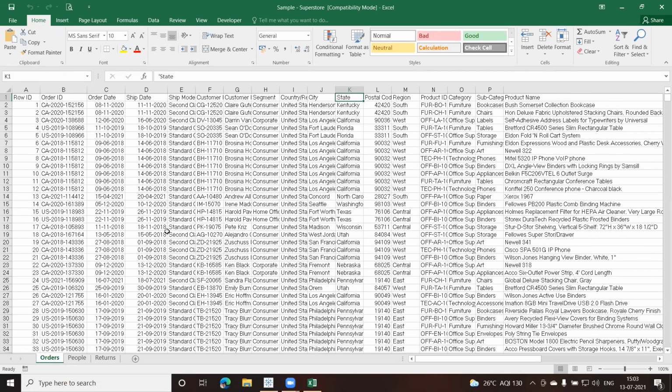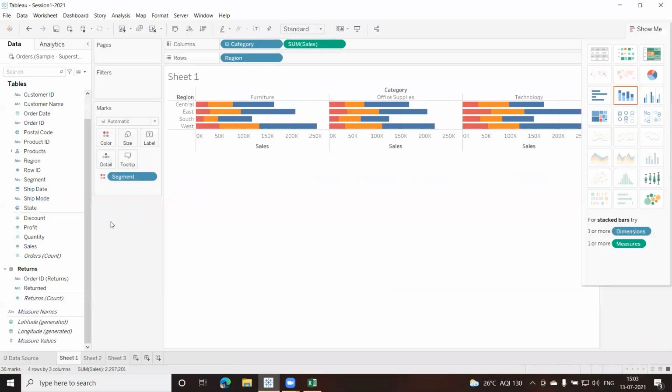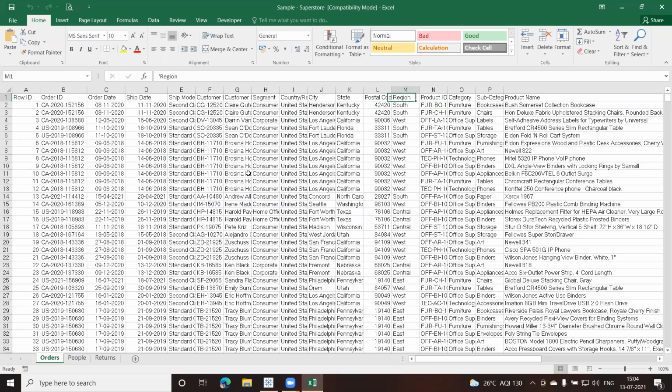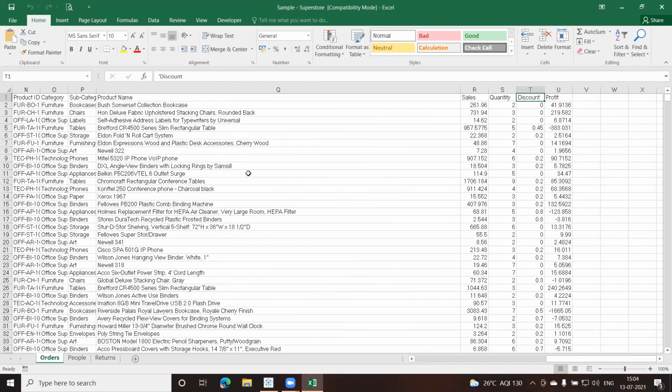Okay, now if you come back to Tableau and go to this sheet one, let us go to sheet one now. Here you can see this is my orders table, and we also have the returns table. There are some extra fields which have got inserted. The first one you can see is this returns count, which is not available in your Excel file. If you check your Excel file, you don't have this field at all. The last field is the profit field.